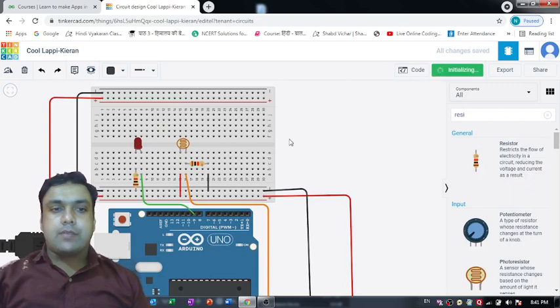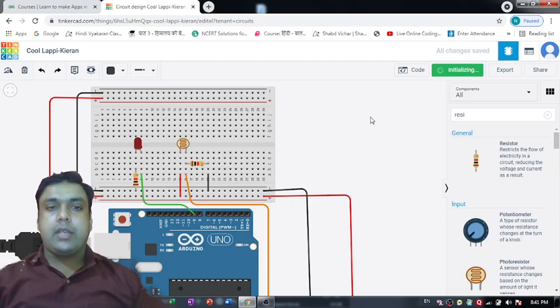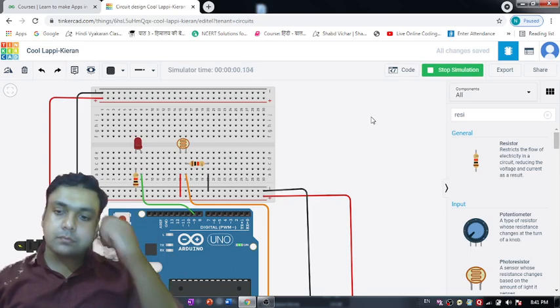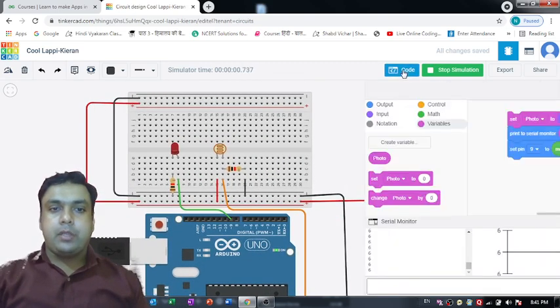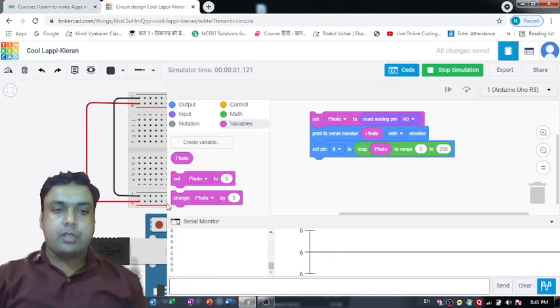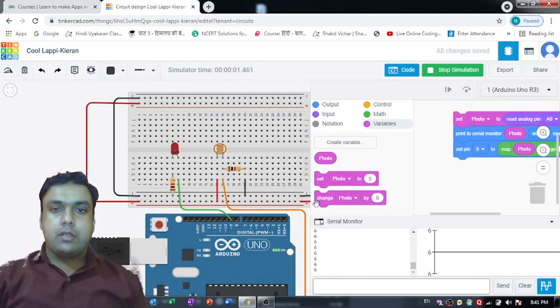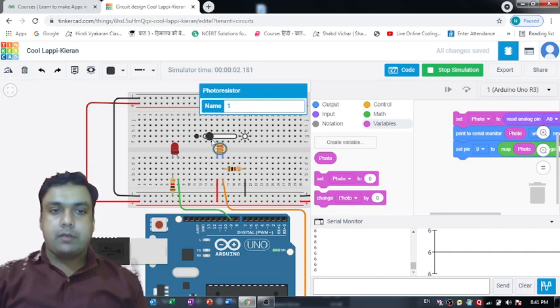Now if you start the simulation process, okay, so it's getting initialized right now. Fine, so the process has started. Let me open the coding window also so that I can check the value of the photoresistor simultaneously. Okay, right now it is 6. If I increase it to